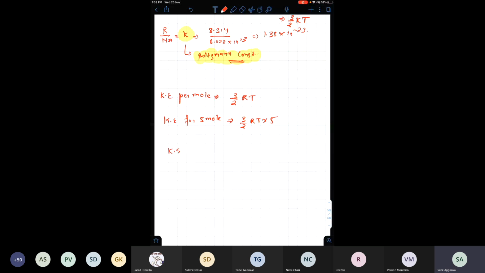Kinetic energy per molecule is 3/2 kT, also called average kinetic energy. It depends only on temperature, not on moles. ये बहुत इंपॉर्टेंट चीज है। एवरेज काइनेटिक एनर्जी मोल्स पर डिपेंड नहीं करती, केवल टेम्परेचर पर डिपेंड करती है।